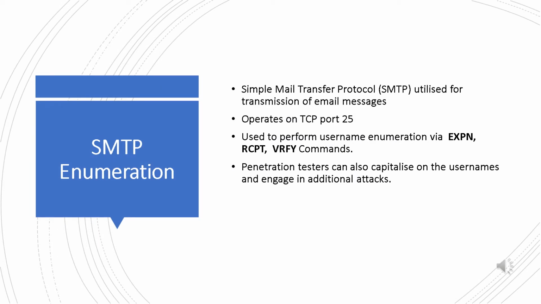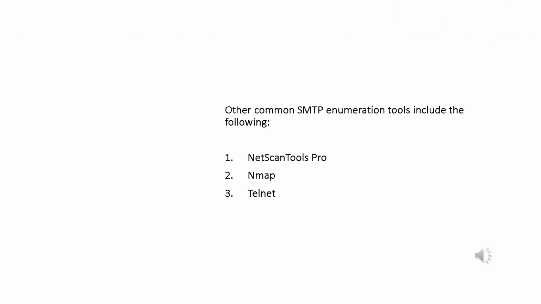SMTP enumeration. The Simple Mail Transfer Protocol is utilized for the transmission of email messages. It operates on TCP port 25 and is used to perform username enumeration via the EXPN, RCPT, and VRFY commands. Penetration testers can also capitalize on the usernames and engage in additional attacks. Other common SMTP enumeration tools include the following: NetScanTools Pro, Nmap,